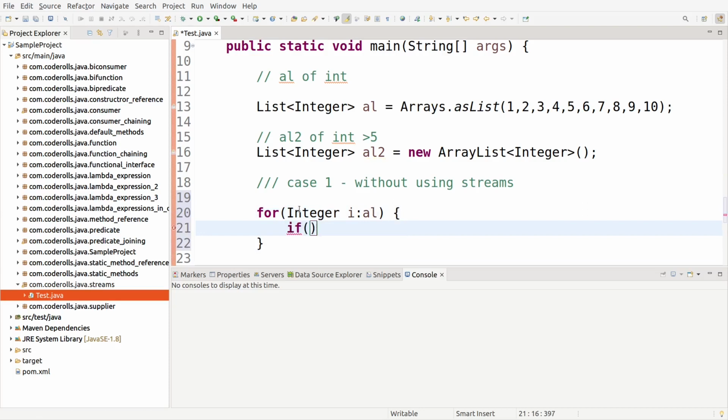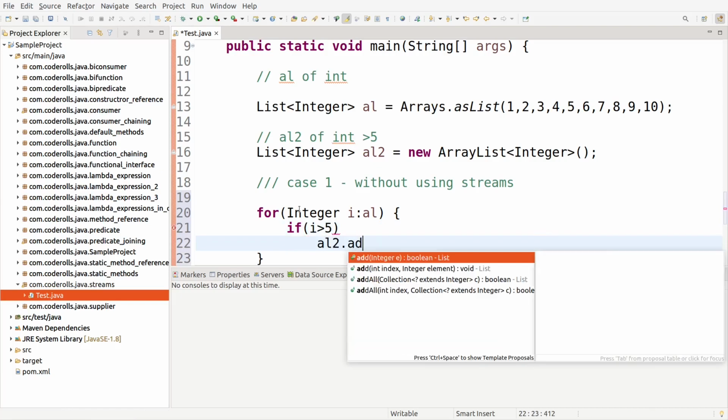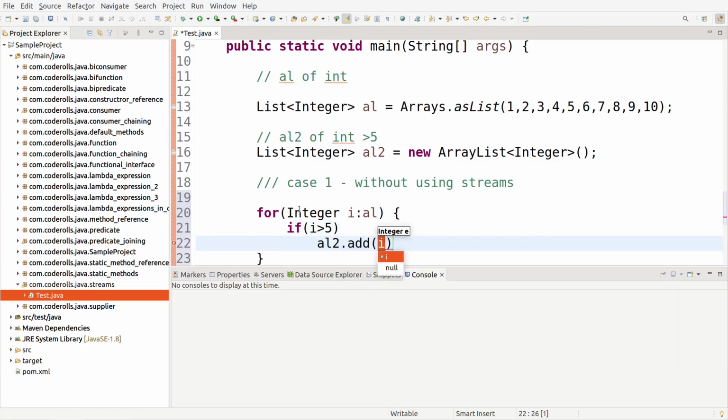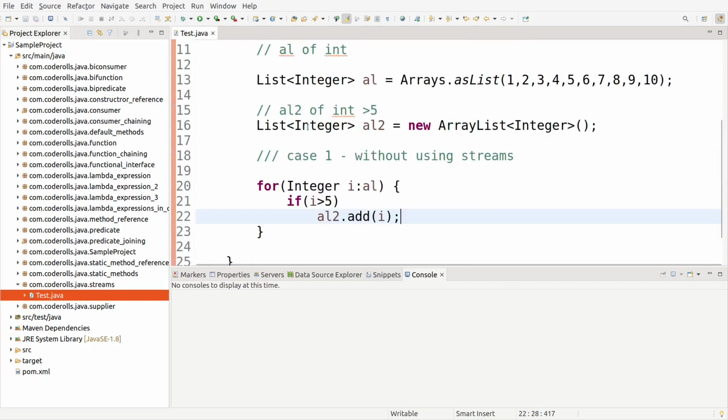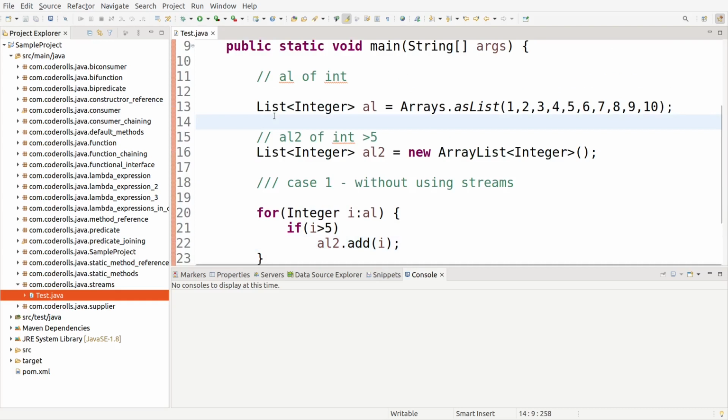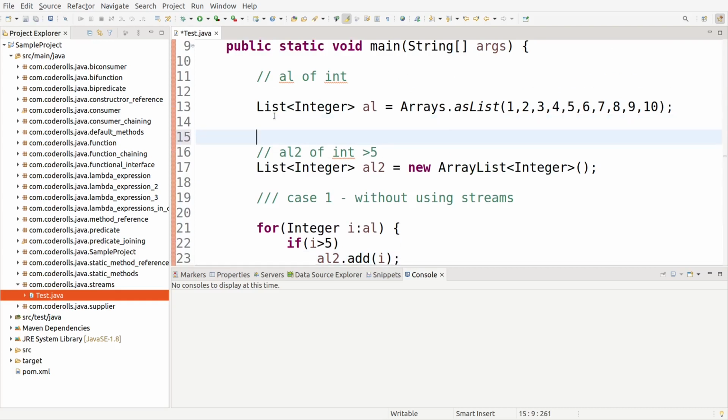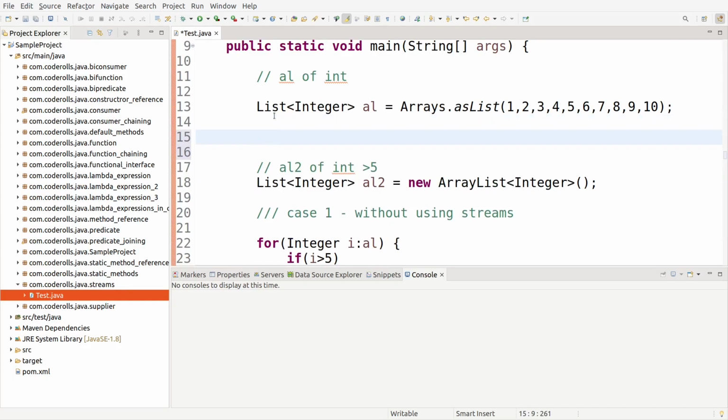If i is greater than 5, then add it to AL2. Otherwise, do nothing. Now simply add a sysout statement so that we know what AL and AL2 are.